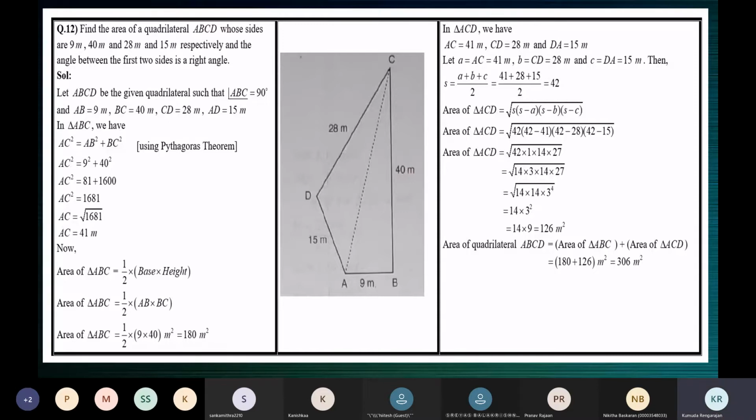Go to the answer. And Heron's formula, I told you, children, just break down like we have 42 here. This can be written as 14 into 3. Now you have two 14s. This is 14 into 3. Now we have two 14s and 27 here. So in all, this is 3 cubed and this is 3. So 3 to the power 4. 14 into 14 into 3 to the power 4. So 14 comes out, and from 3 to the power 4, 3 square comes out of the square root.